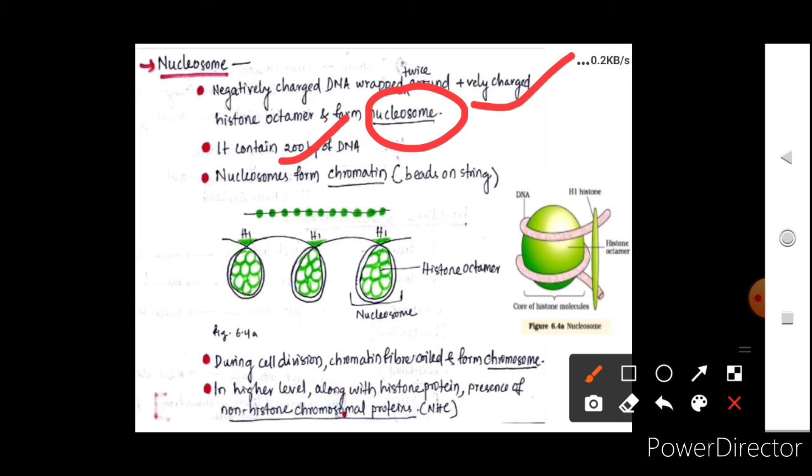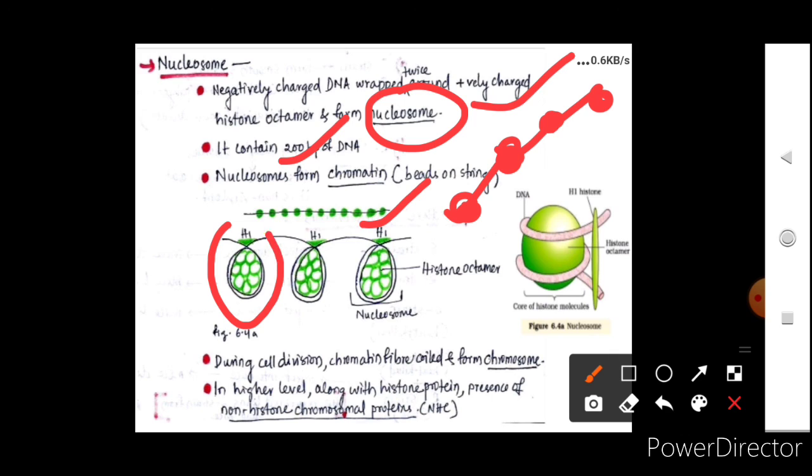Okay, now this is the structure, beads on the string. You can see here, this is the bead, this is the octamer. Now this is the DNA, which is the linker DNA. Now this is the other bead. Okay, so we see a bead on the string structure. Now H1 histone helps in the linking of the other DNA. So you can see here the presence of H1. Now this is the other nucleosome. So many nucleosomes will be arranged, and they will have what? Beads on the string structure.